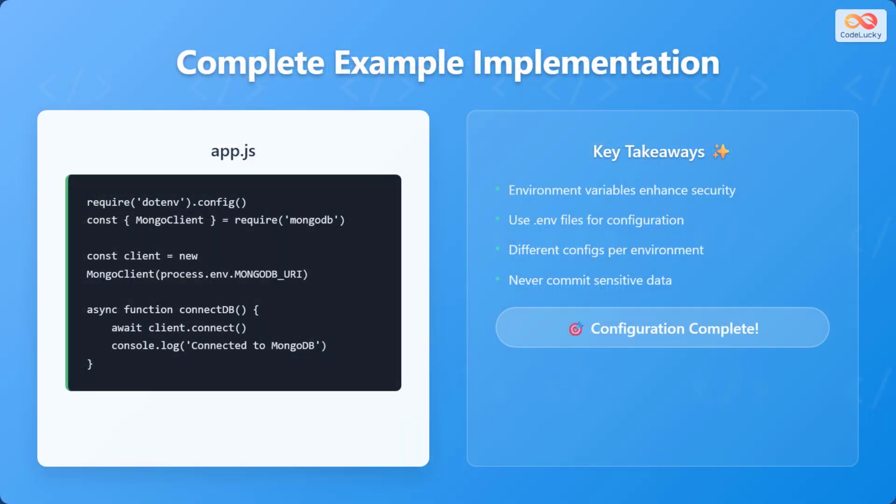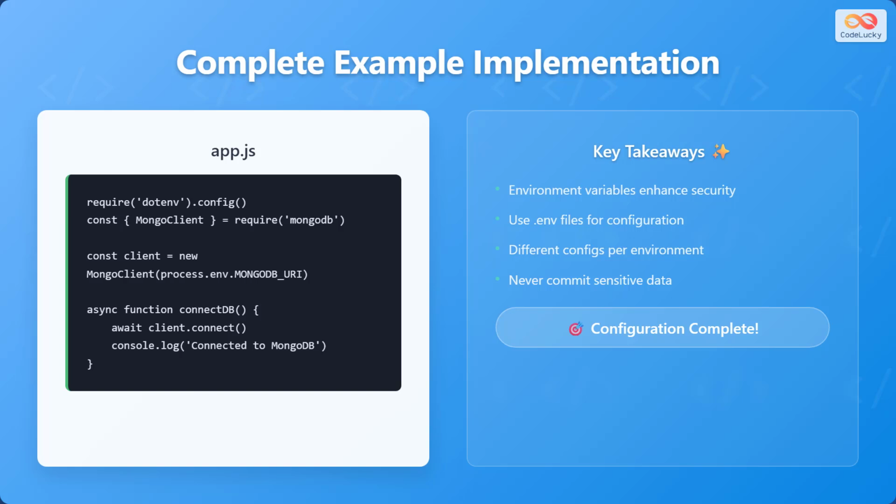Let's see a complete example implementation of using environment variables with MongoDB in a Node.js application. The code is: require('dotenv').config(); const MongoClient equals require('mongodb'); const client equals new MongoClient(process.env.MONGODB_URI); async function connectDB() { await client.connect(); console.log('Connected to MongoDB'); }